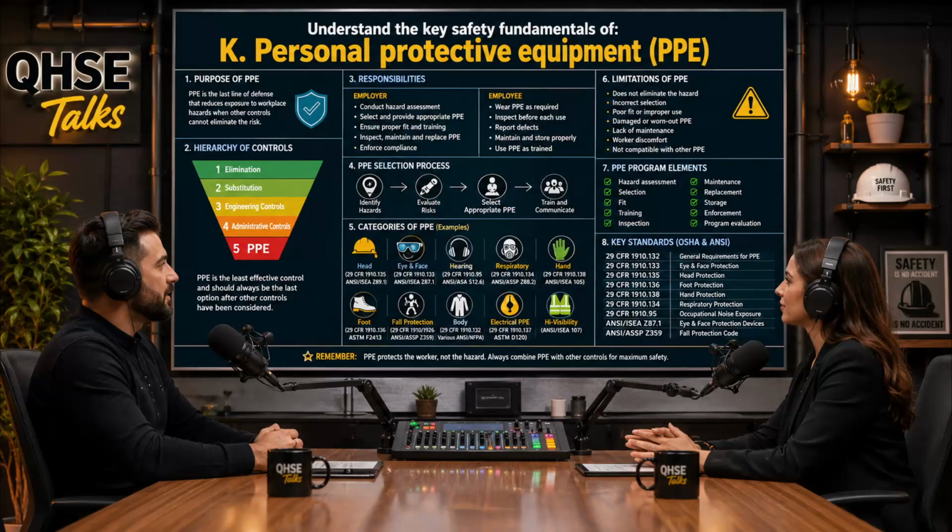Yes! Which honestly feel more insidious to me because they might not cause immediate trauma. They are insidious. Health hazards often lead to chronic, fatal conditions over decades, rather than an immediate broken bone. What exactly are we looking for in that bucket? You're evaluating the potential for overexposures to harmful dusts, like respirable crystalline silica, chemical vapors, ionizing and non-ionizing radiation, and